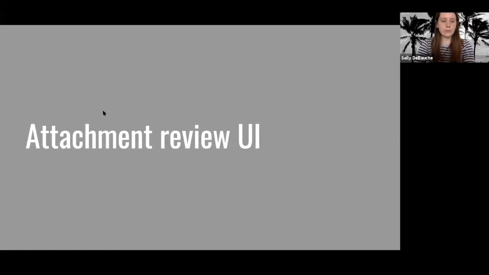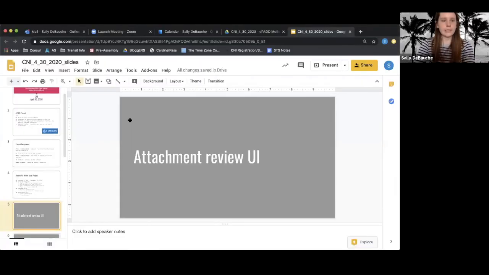Okay, so the attachment review, let me go ahead and stop my slides and pull up ePADD. So this is the first version of this functionality, so we're excited to kind of debut it for you all. This is the browse screen of the appraisal module of ePADD. And since this is the first version, the old version of this feature is still here, which for the purpose of this demo is kind of a good thing because I can show you the difference.